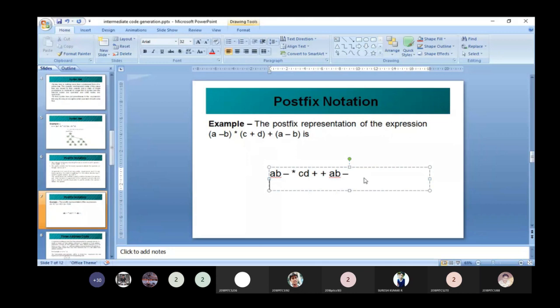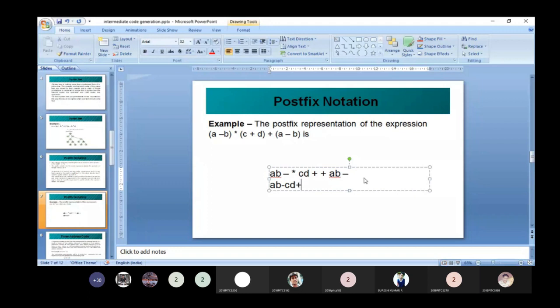So what is the form of postfix notation? Operand 1, operand 2, and at the last we mention the operator. So here operand 1 is AB minus, and then operand 2 is CD plus.